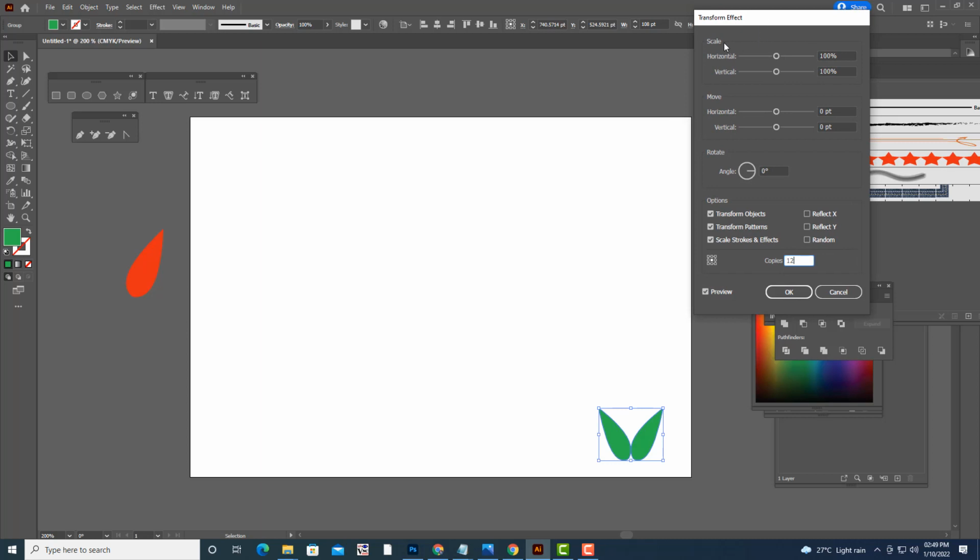Here we have an option scale, and here we have an option move. We want duplicates vertically, so we will just move the slider vertical, just to the left.